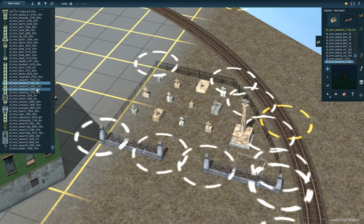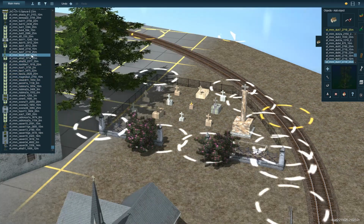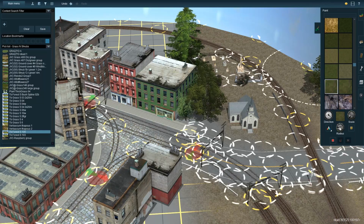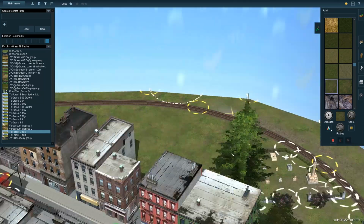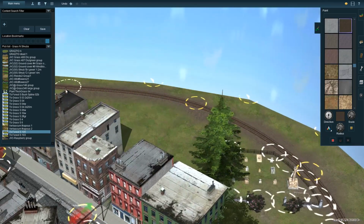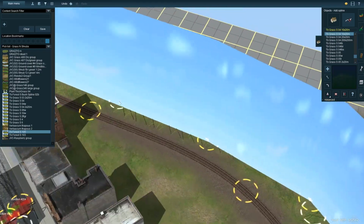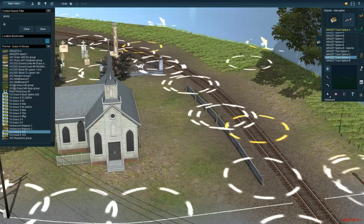So yeah, back to the church here. I thought it'd be a nice design element here to add this church and add a little graveyard in the back there. I don't know why, that just felt like something that I needed to bring into here. You know, this is supposed to be like the 1920s, 1930s. I feel like churches were probably much more frequent. They were all over the place really back in the day. And I hadn't put any down yet so far, and I thought that this was a pretty good spot to put it. And I like the scene, how it turned out with just a couple of gravestones in the back,